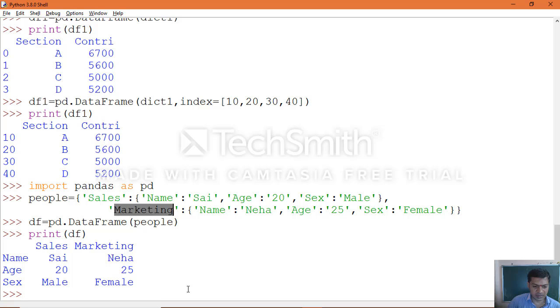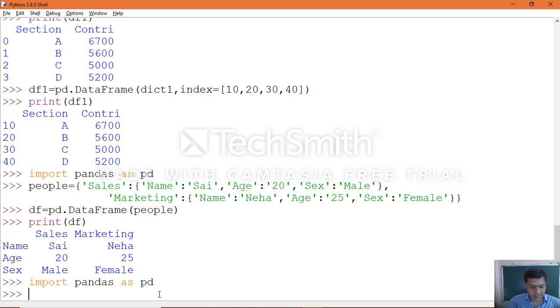There is one more example, year-wise quarterly sales, how much was done. You can see, import pandas as pd, then sales equal to the dictionaries.